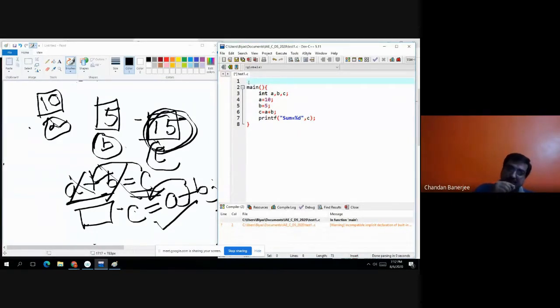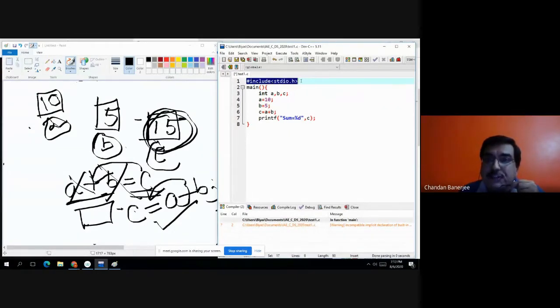So the obvious question is, what is a header file? First, just wait. #include <stdio.h>. What does it mean?